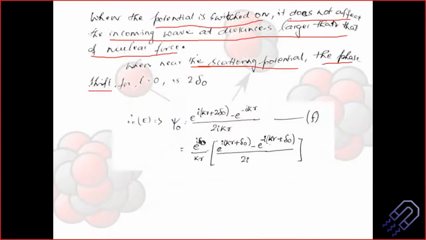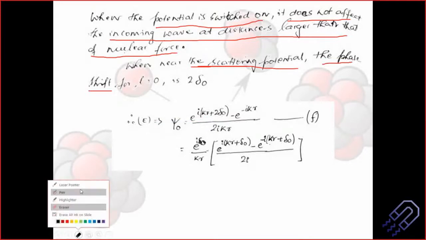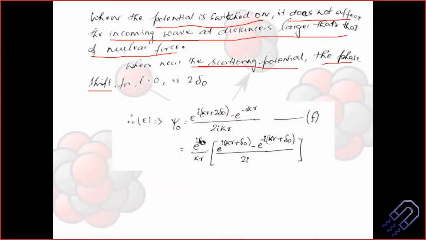So let's represent the outgoing wave. In the outgoing wave, there is a phase shift of 2 delta: kr plus 2 delta. Well, you might ask why 2 delta, why not delta only? You can do it, not a problem. But later on, you will see that this helps to do better maths. It becomes a bit easy to calculate. Anyway, these are just results. You can always use delta, and then we'll have a different kind of approach here, but we're just keeping it simple.